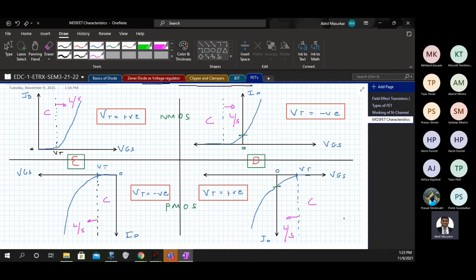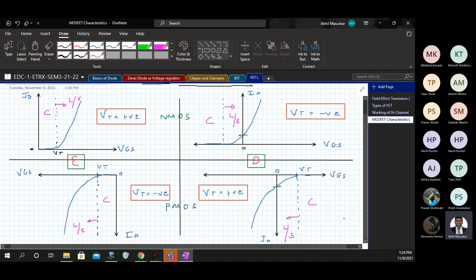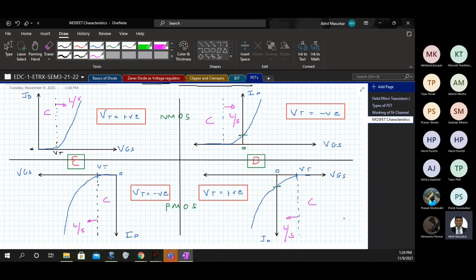Enhancement type means you have to enhance the conductivity of the channel, and you have to enhance it because initially there is no channel. In a depletion type MOSFET, the N channel is fabricated inside the channel region, and so the conductivity initially is very high.